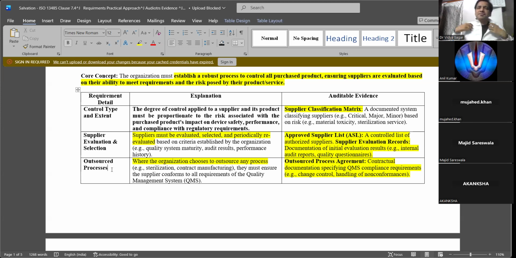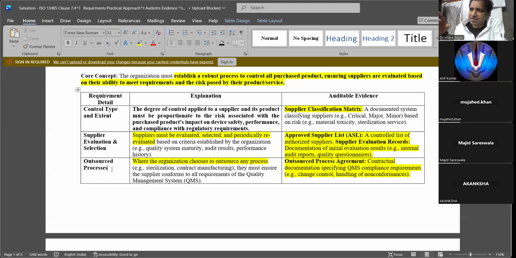Don't leave it to the contractor or sterilization unit which is performing the activity. You should have full control: whether this guy has done validations of the sterilization, whether gamma, ETO or autoclave, and whether he has the certification to do sterilization.